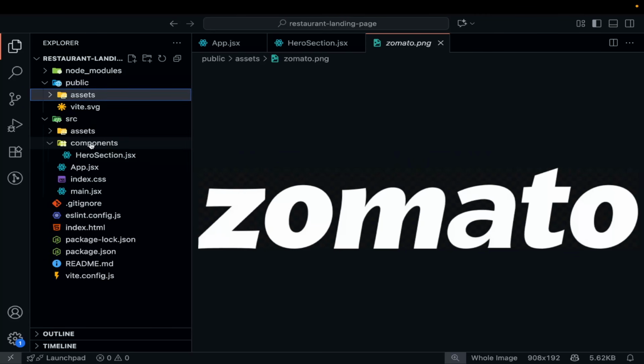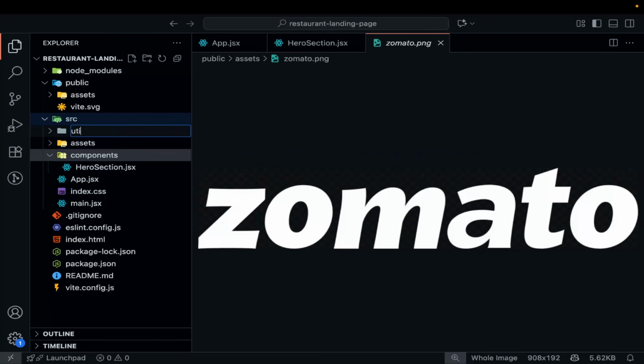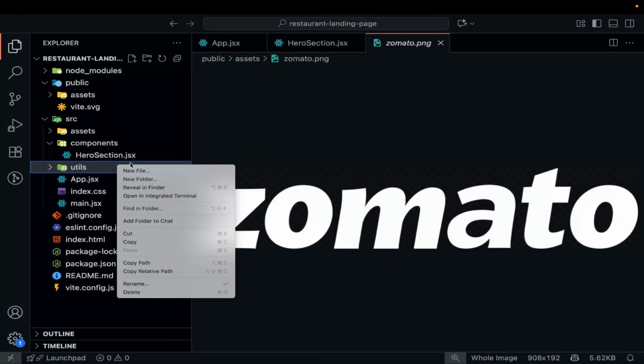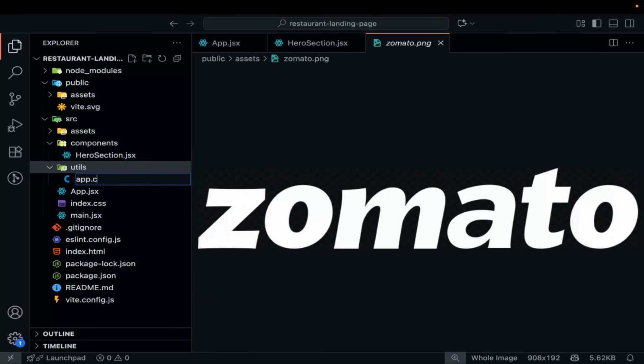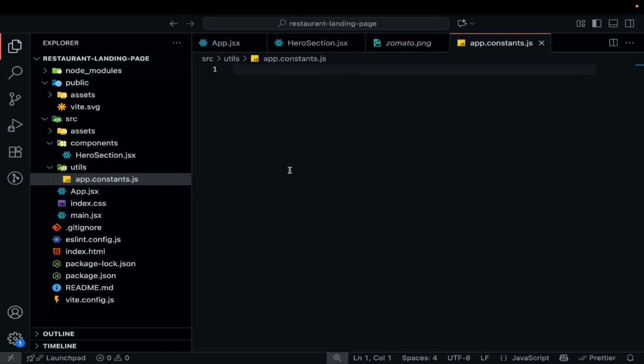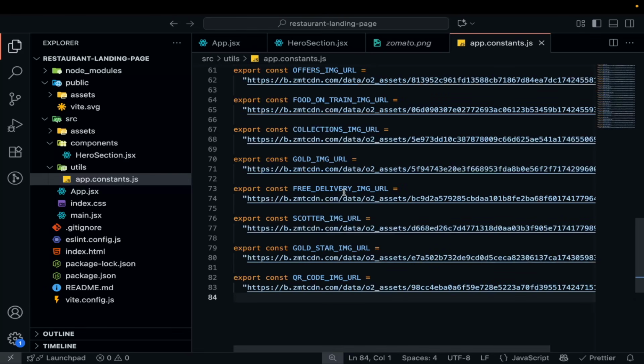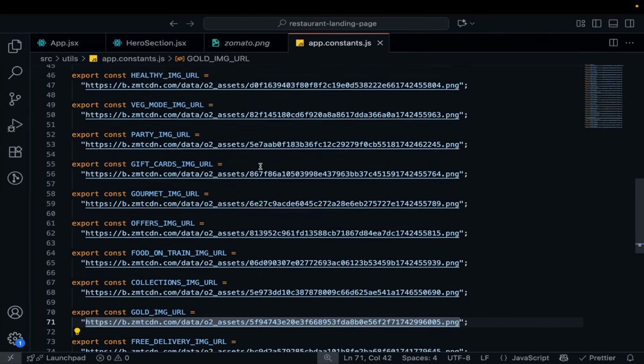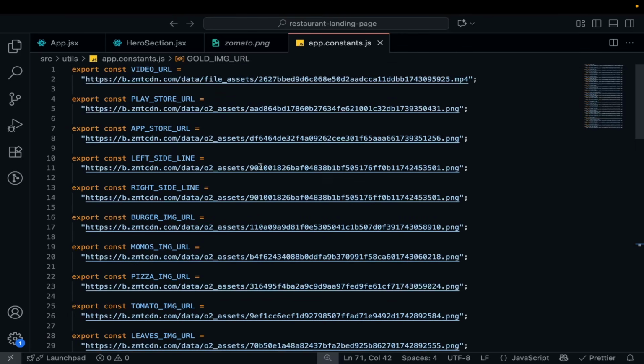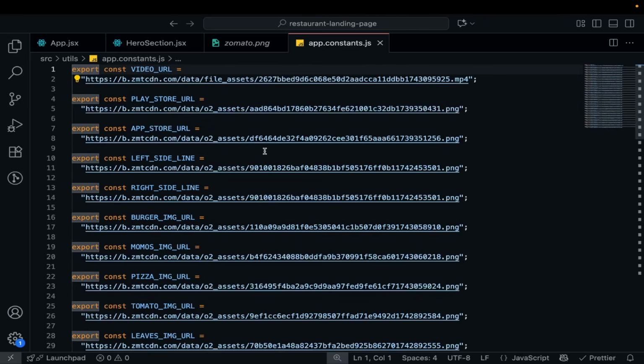Then what I will do, I will create one utils folder, and in the utils I will create one file app.constants.js, and I am going to paste all of this const. So you can see here we have this const which we are going to use in our entire app. So don't worry about this constant. You can access this code by clicking the link below in the description, and you can freely access all of